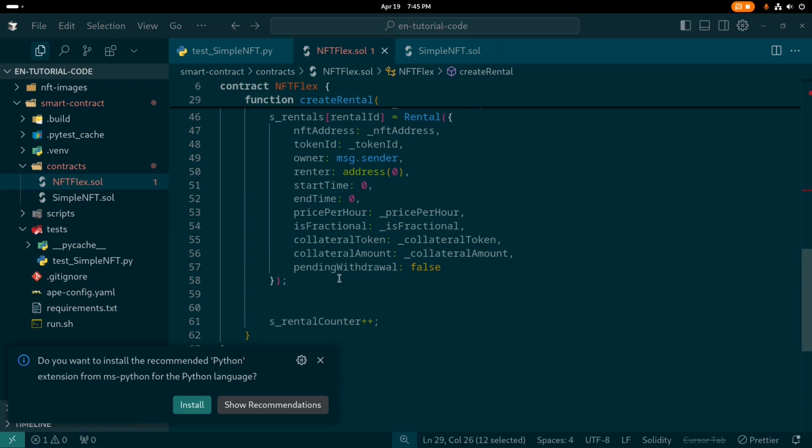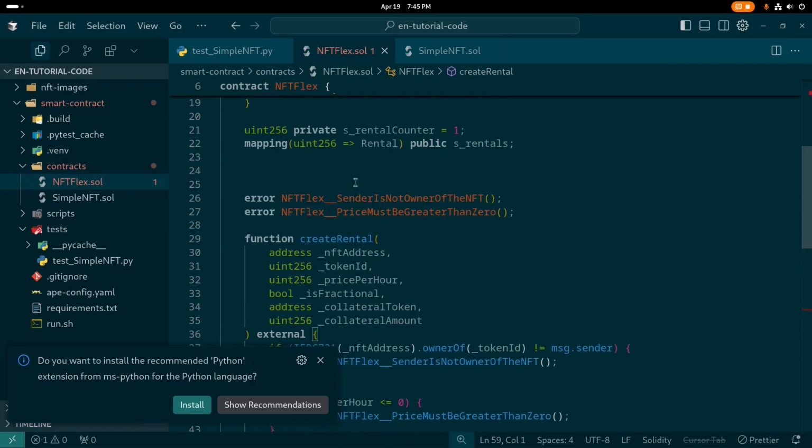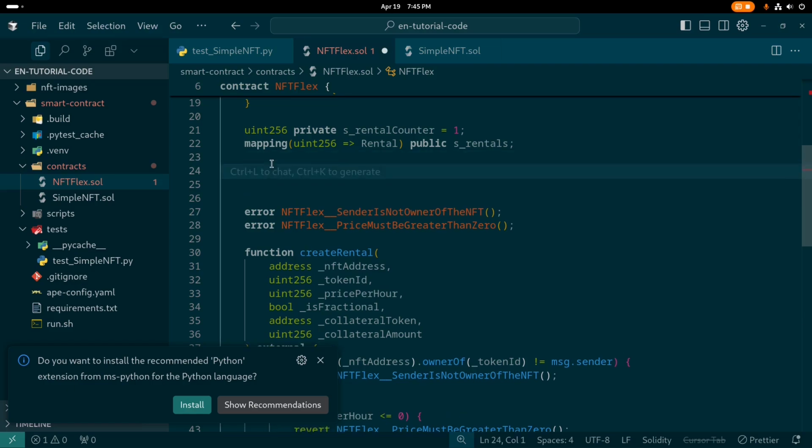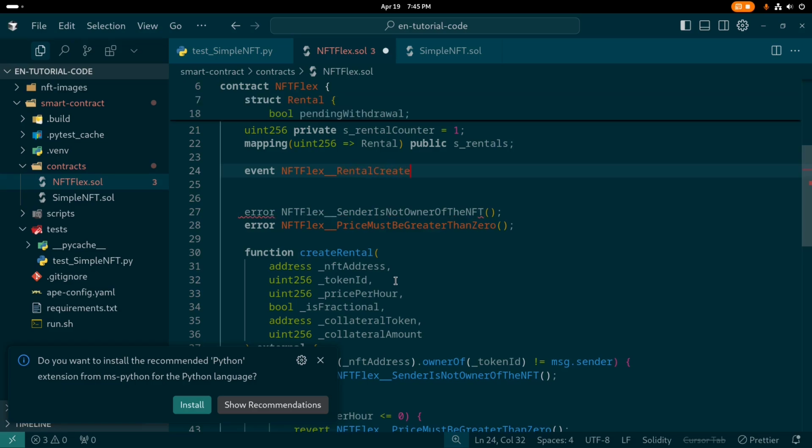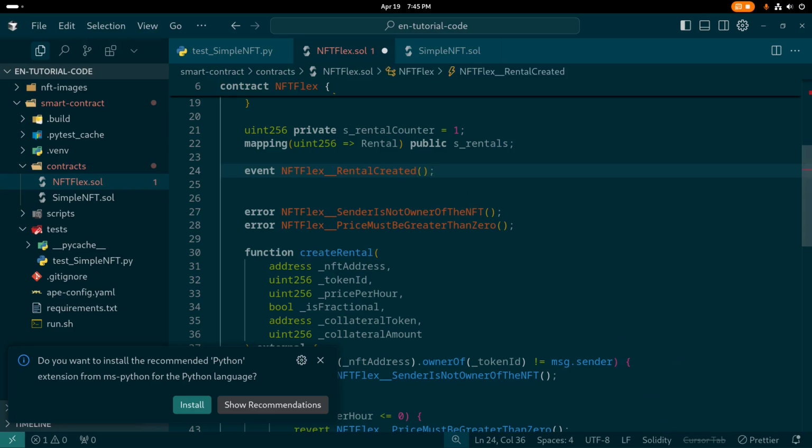To create an event, we are going to create it up here: event, and as we did for our error, we are also going to use this kind of naming convention. RentalCreated. This is the name of our event. Here we are going to pass a few parameters of the information we want to send or log in the transaction logs. The first one is